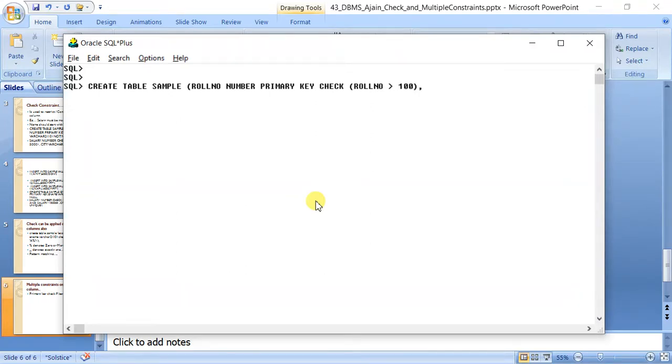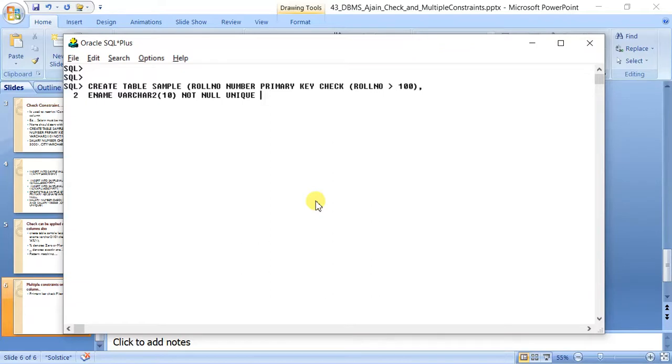Similarly, let me apply another: e name varchar2(10) not null unique. Okay, not null unique, and we can apply check also here.